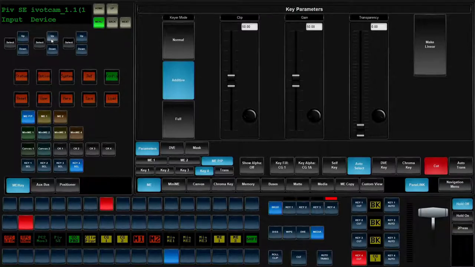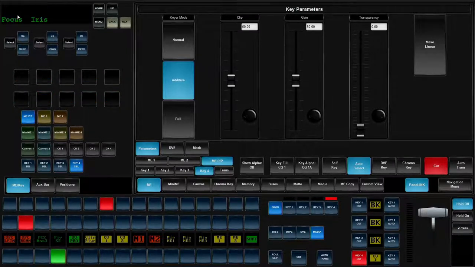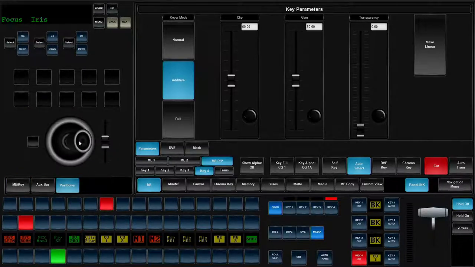We now have it associated. We have our live assist. If we come down, we select the Pivot SE. It's going to go to the menu, pan tilt zoom, shot store, shot recall. We can do all of that from right here. If I go to my positioner and I move my positioner, we've got all of that happening inside of our camera.